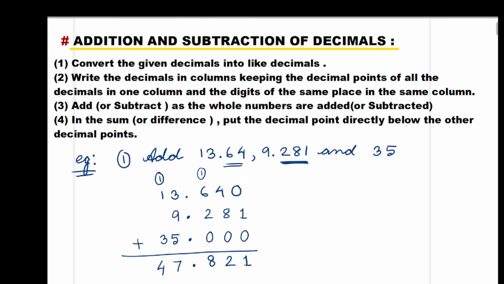Okay, sorry, I made a mistake. Sorry, just a minute. So it's carry 1. So 6 plus 2, 8 plus 1, 9. The 9, it will also be 5. So the answer is 57.921. Similarly, for subtraction also, question number 2,